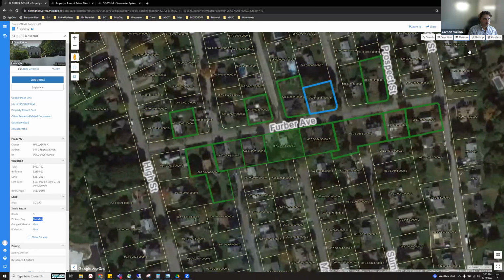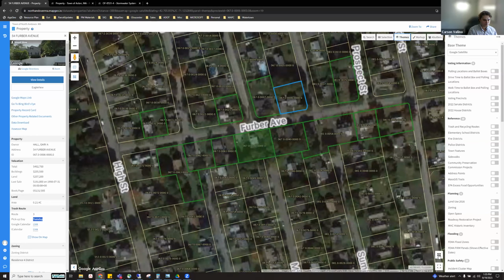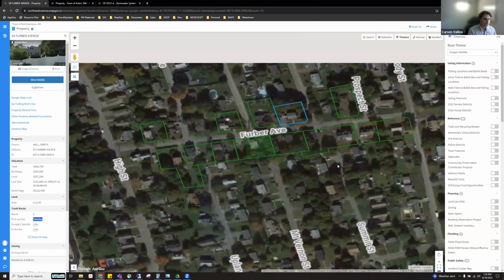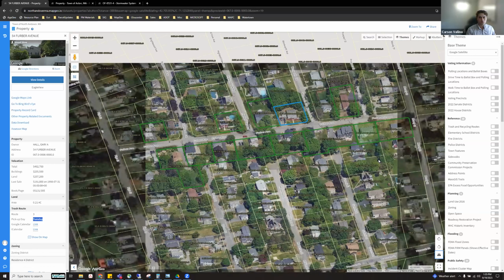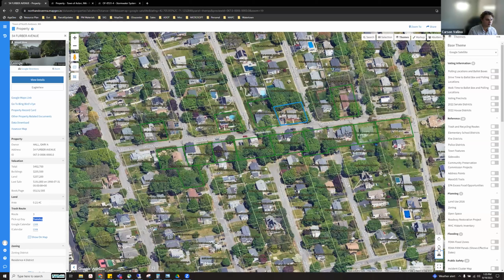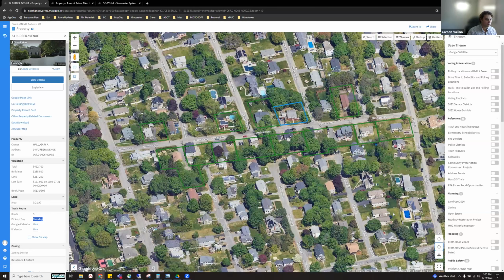a few different themes if we want to use Google. We also have our Google obliques. So if we want to pull up that oblique viewer, just give it a second to load up here. You can see this nice crisp imagery that allows us to pan at an angle and view all of these different